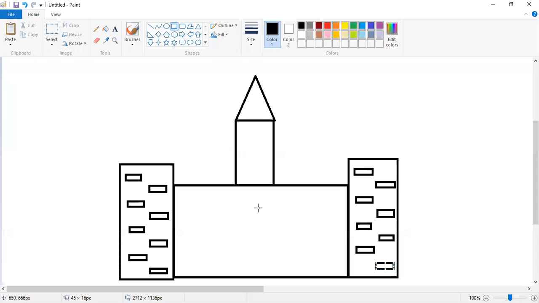Okay, then we'll select this line. We'll do designing just for the beauty, for the wonderful picture.